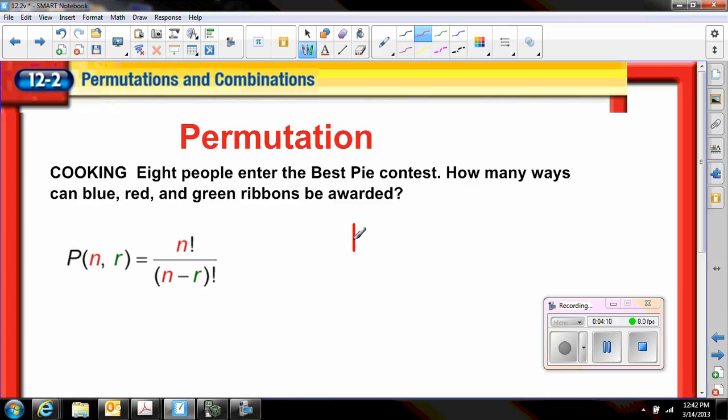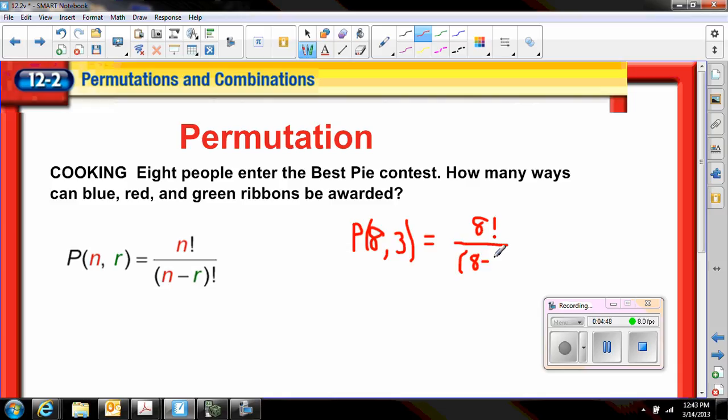Now, the n represents the number you're choosing from. In this case, I'm choosing from 8 contestants. The r represents the number of people or objects you're putting in order. Since I have 3 ribbons to give out, I have 3 different places I need to order. So my permutation is 8 choose 3. 8 people choosing 3. If I follow the formula, this says we'll take 8 factorial divided by